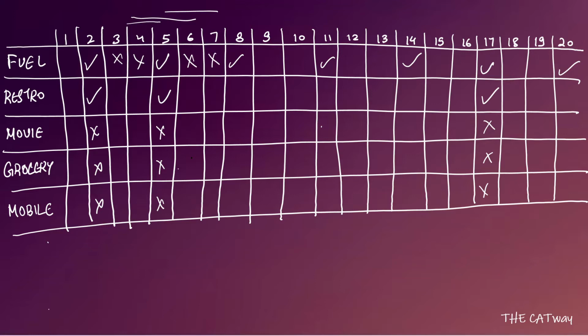So talking about 6, 7 and 8, we know that money cannot be spent on fuel on day 6 and day 7. So definitely it has to be spent on day 8, because once in every 3 days money has been spent on fuel. So a similar pattern will be followed throughout the 20 days. So what we can say is that money on fuel has been spent on day 2, day 5, 8, 11, 14, 17 and 20, and on the rest of the days money hasn't been spent on fuel. So we can put a cross over every other place.